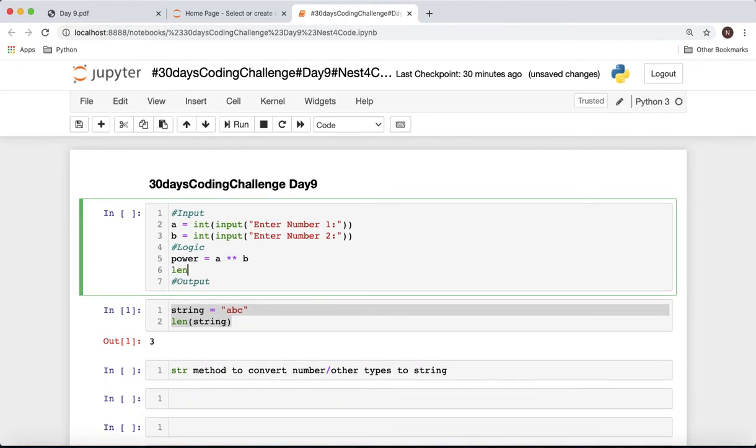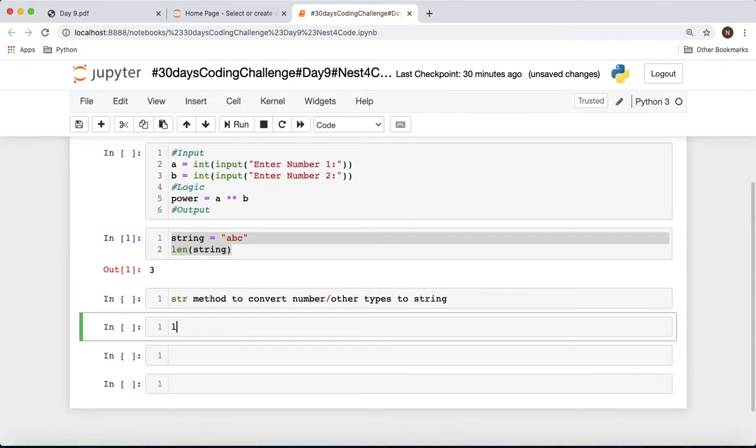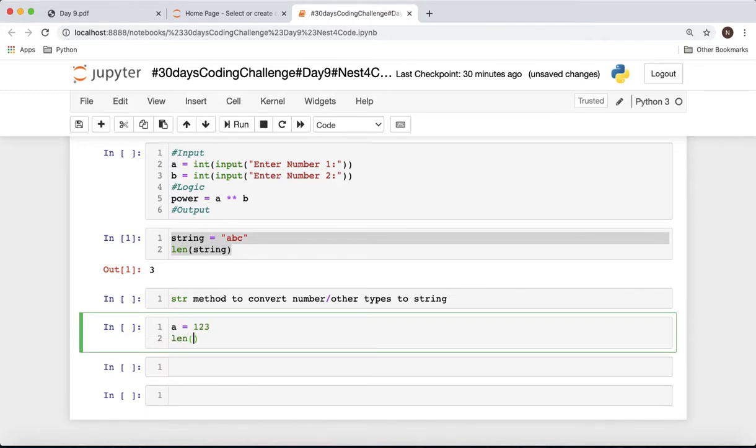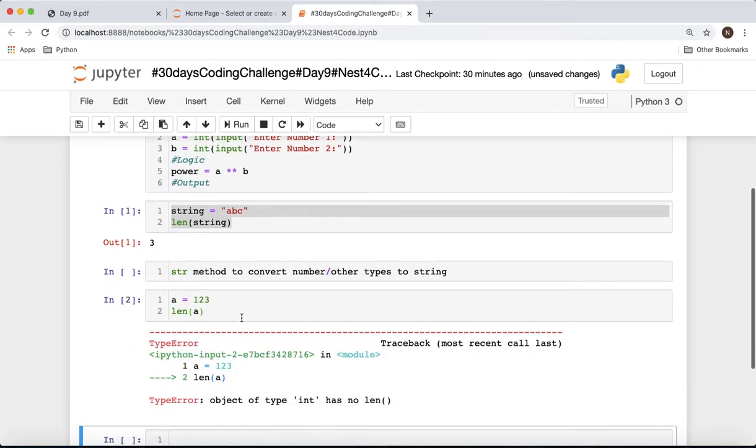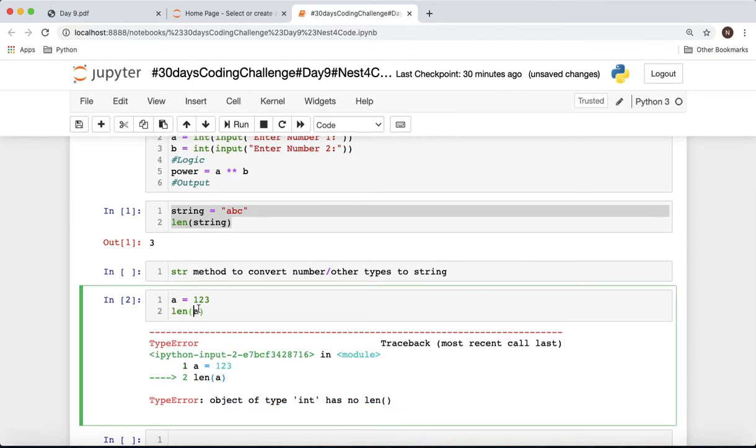If we try to use len directly on numbers, say a equal to 123 and len a, it says object of type int has no len. So we cannot use len on numbers like this.